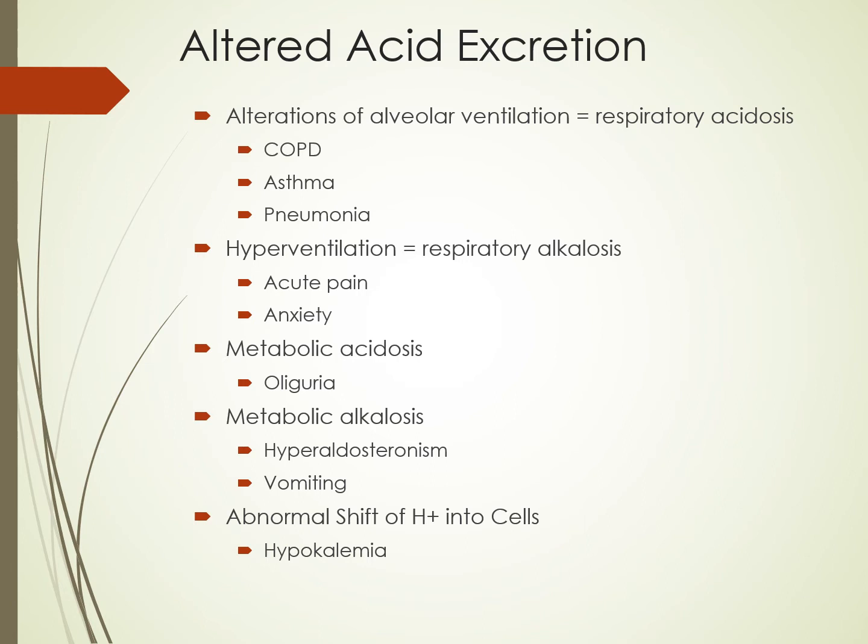Excretion of metabolic acid may also be altered, either decreased or increased. People who have prolonged oliguria, which is very little urine, for any reason cannot excrete enough of the metabolic acid that their cells continue to produce. So this causes metabolic acidosis. These high-risk populations include people of any age with acute or chronic oliguric renal disease, which is very small amounts of urine, and those with circulatory shock.